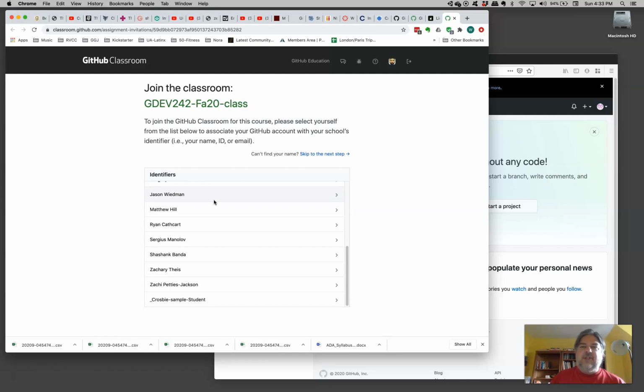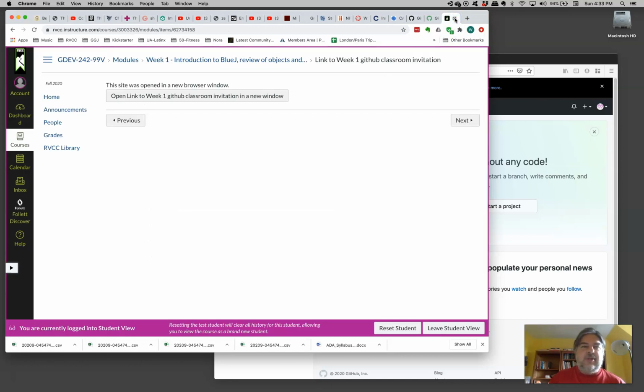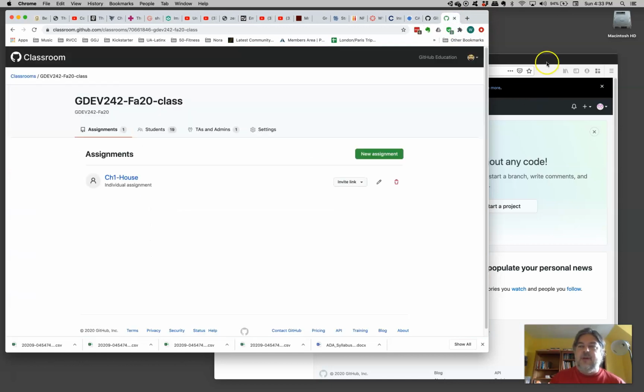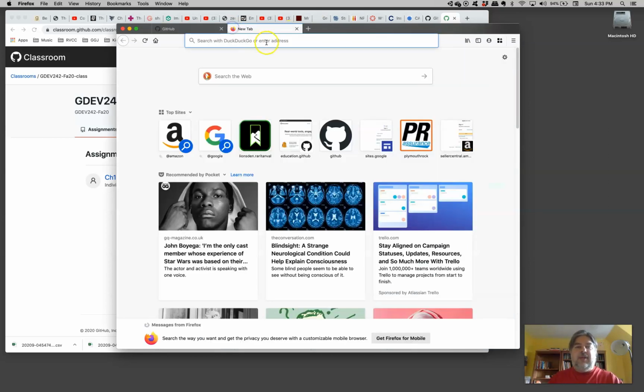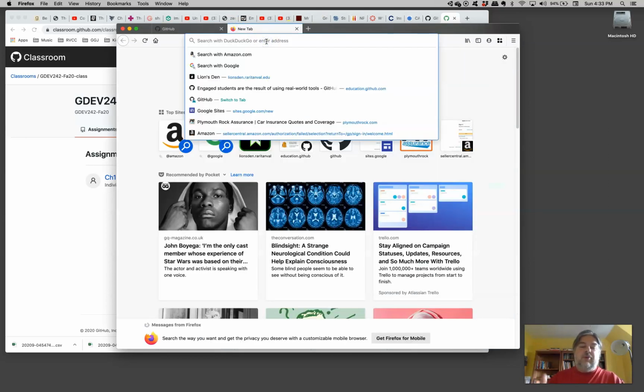Now, I just realized I did something unintentional here. I forgot that as a student, I don't want to be in the same web browser from which I'm behaving as your faculty. So I am going to close this tab and close this tab on Instructure. I'm going to come over to my Firefox tab, and from here I'm going to pretend to be a student. So let's try this again,